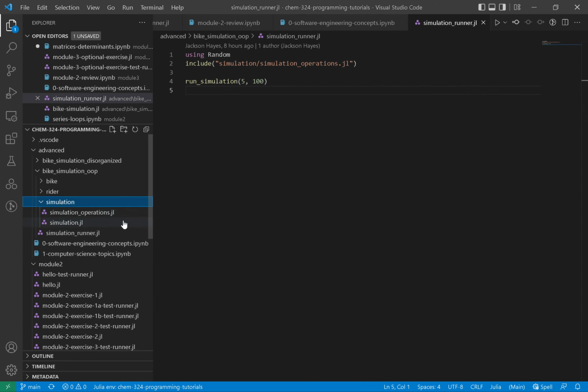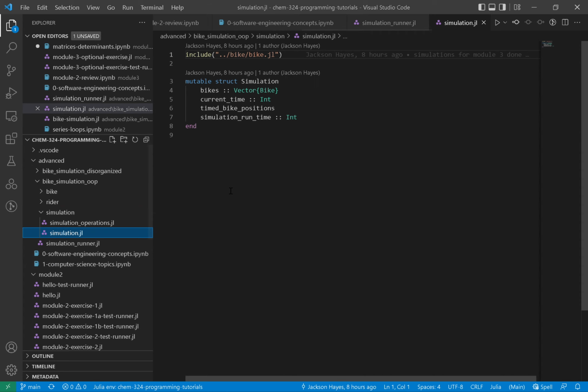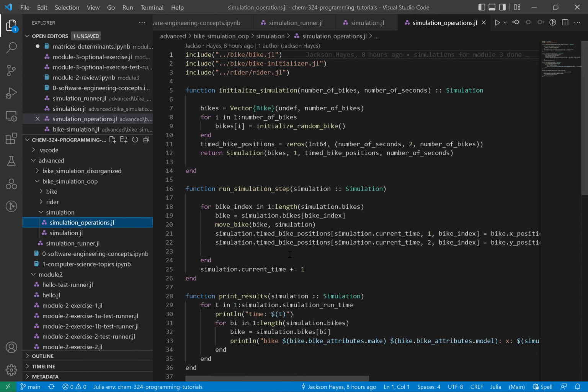We then have a simulation file, so the data that I was talking about, we use a construct called a struct. There are no classes in Julia. In other languages, you would have a simulation class, and the class would have data and functions in it. In Julia, you define structs to keep your related data together, and then you have related functions that use those structs to